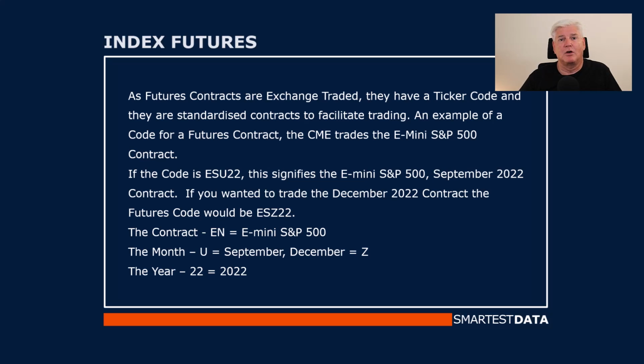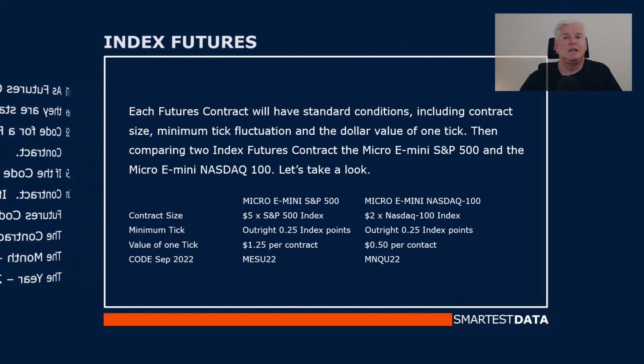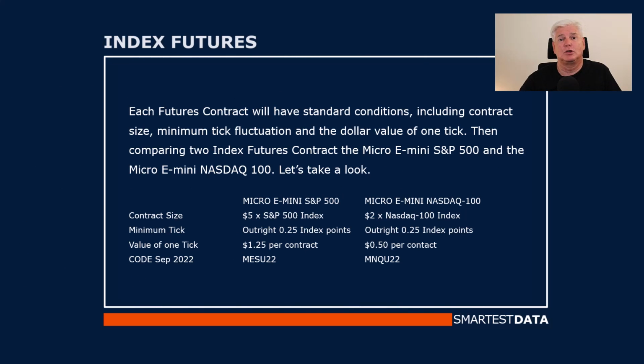An example of a code for a futures contract, the CME trades the E-mini S&P 500 contract. If the code is ESU22, this signifies the E-mini S&P 500 September contract. If you want to trade the December 2022 contract, the futures code would be ESZ22. Thus the contract ES equals the E-mini S&P 500, the month U equals September, December equals Z, the year 22 equals 2022. Each futures contract will have standard conditions including contract size, minimum tick fluctuation, the dollar value of 1